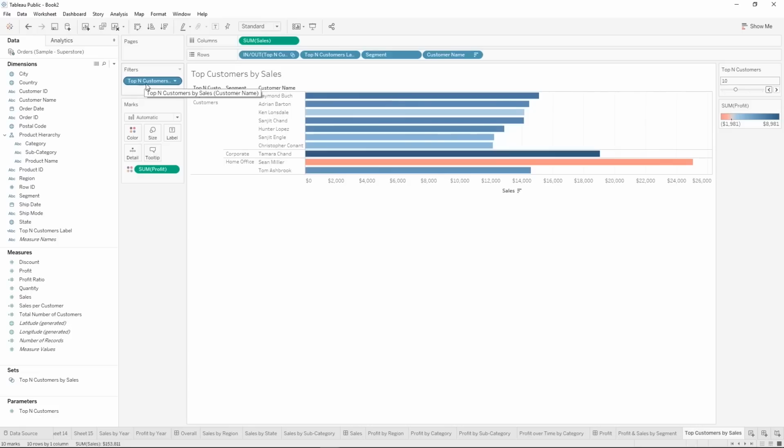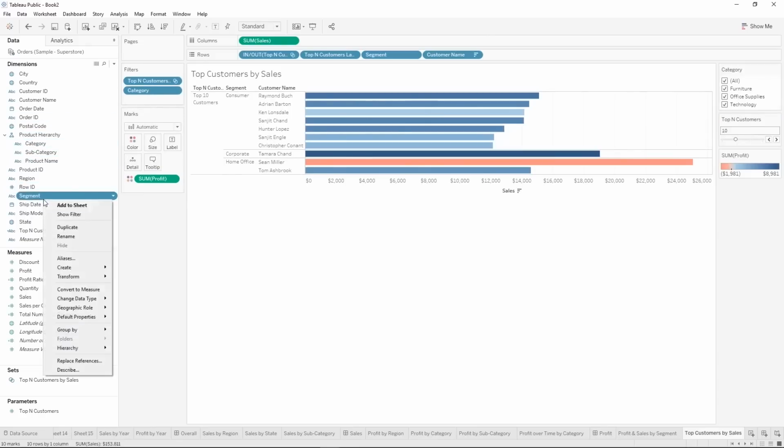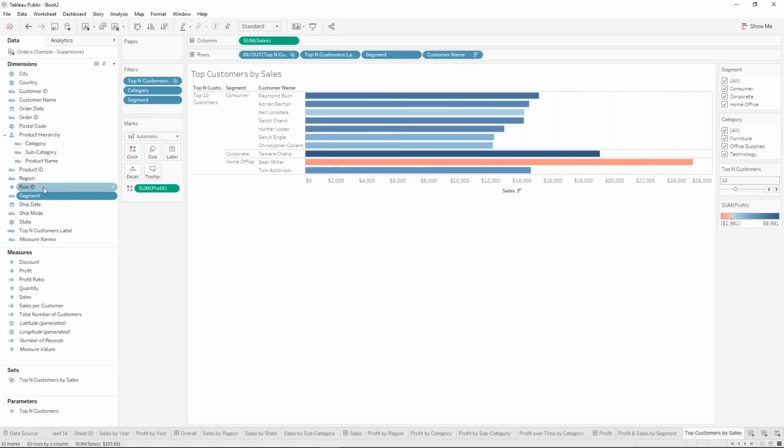So let's talk about filters really quick. We have this filter. We won't show the filter itself. We don't want to allow them to show in or out. We just are going to allow them to show how many. But we do want to be able to have them filtered by category. So let's show that filter. And by segment, show that filter. And then we'll have our parameter. Great. Let's make our dashboard